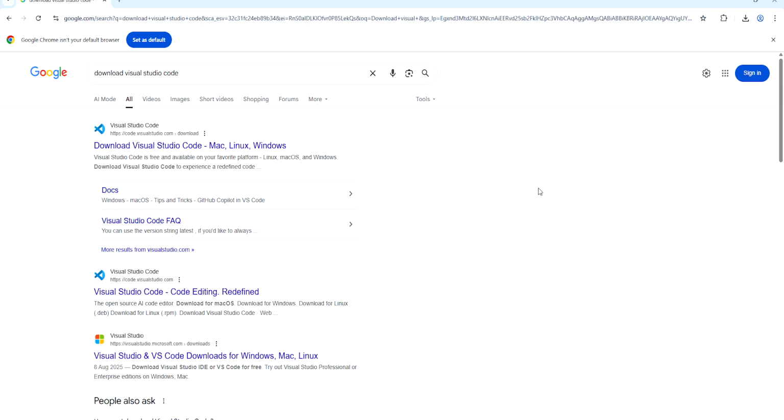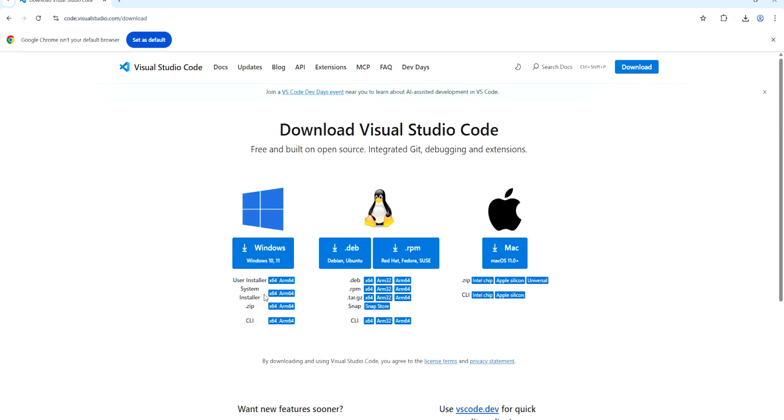Now I will show you how to download Visual Studio Code and install on Windows 11. Go to Google and search for download Visual Studio Code and you will find the first link. Click here and click on the Windows 10 11 installer link.